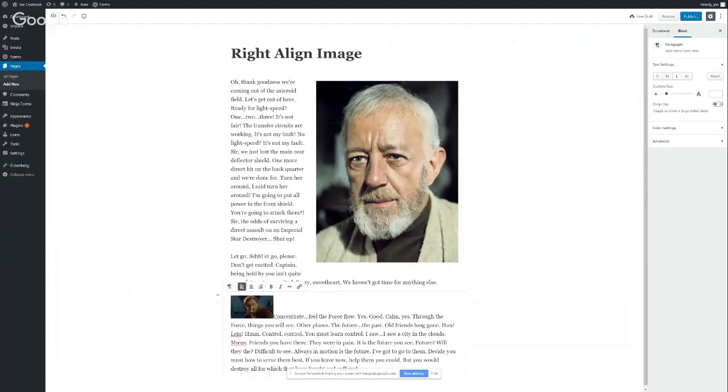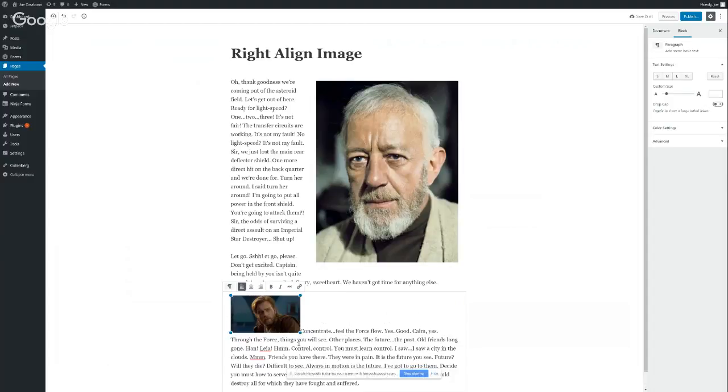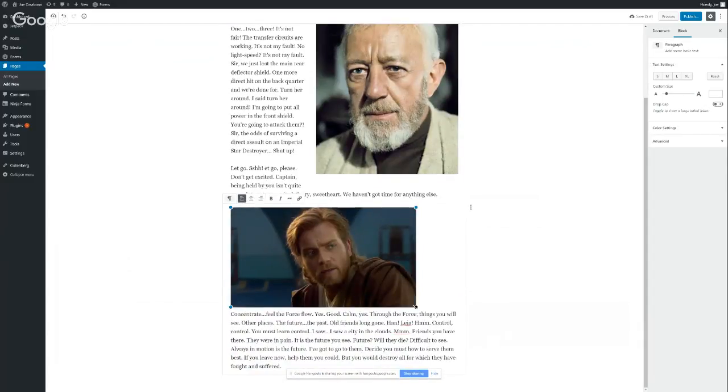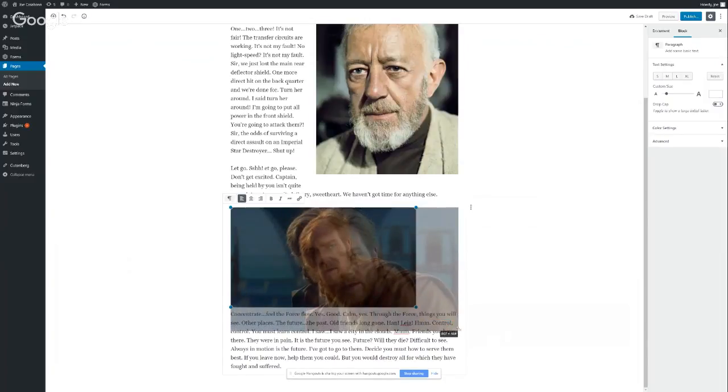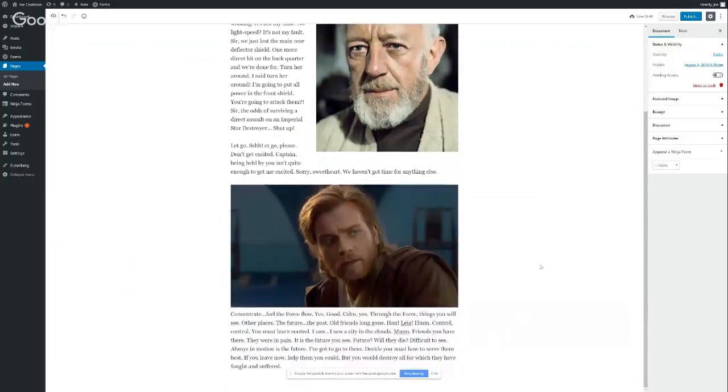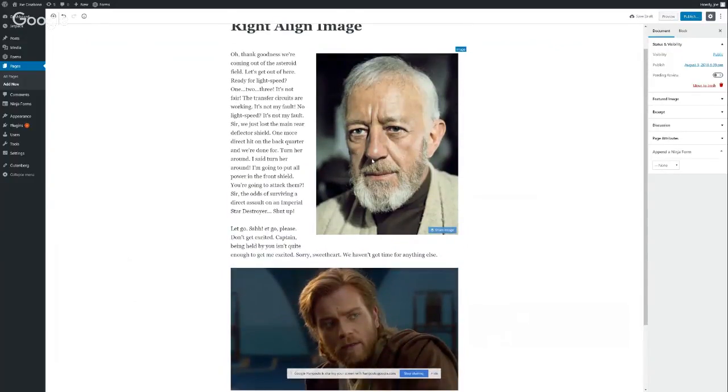Now I should say that, right? This is just an inline image. You can drag it bigger. And so maybe the more flexible way is the block, but if you want to have this associated with a paragraph in some way, you can go ahead and do that too. So if I drag this, there we go. So now I have a nice look. Ewan McGregor, the younger Obi-Wan, and Sir...